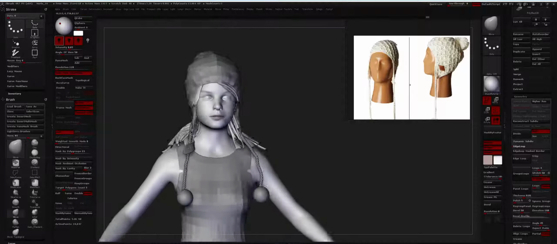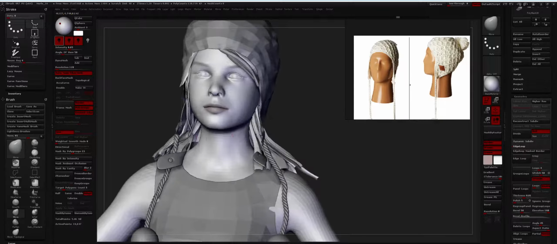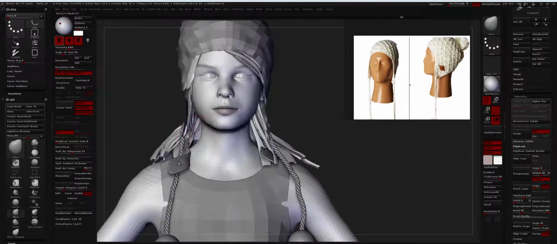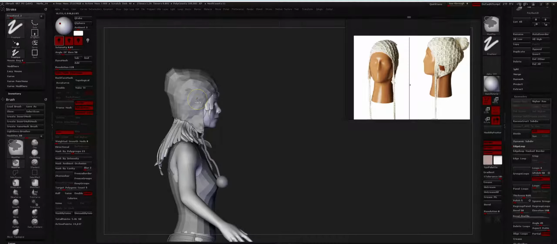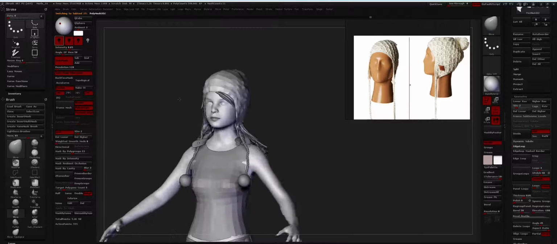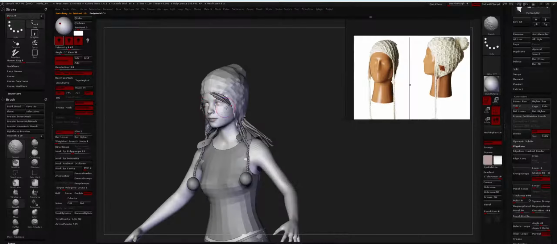Make sure that it looks correct from the front, because it wouldn't make sense for the hair to just... Actually, it kind of would, since her jacket is on top of here, so I think this is alright. Okay, now that I am absolutely sure this is the shape of the hat I want, I'm gonna go ahead